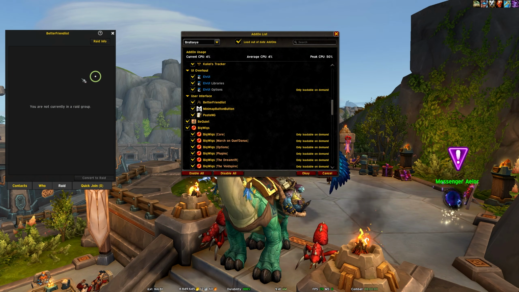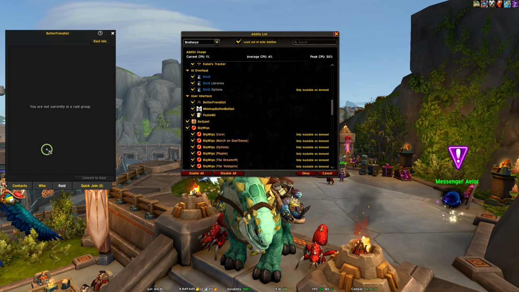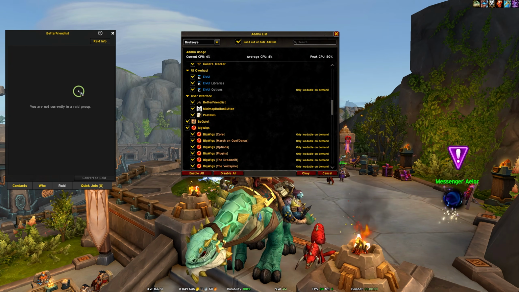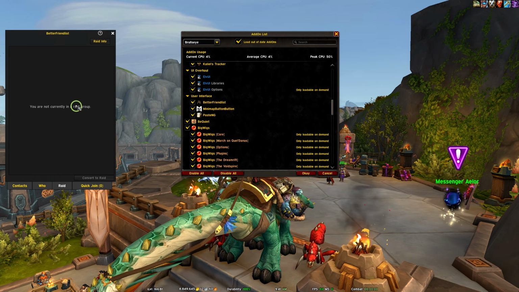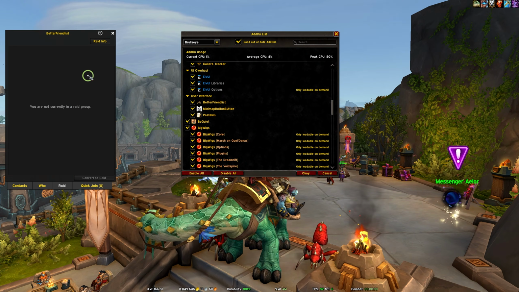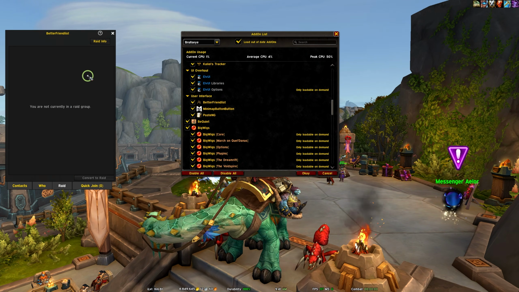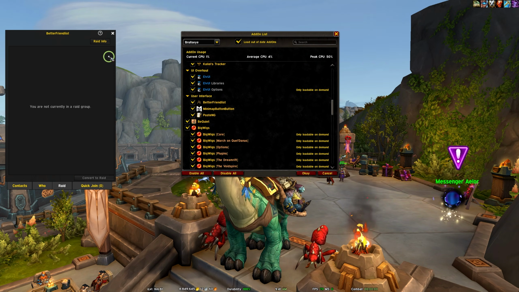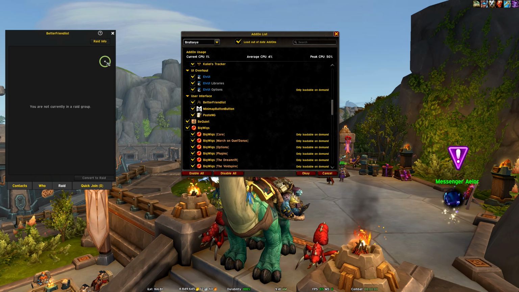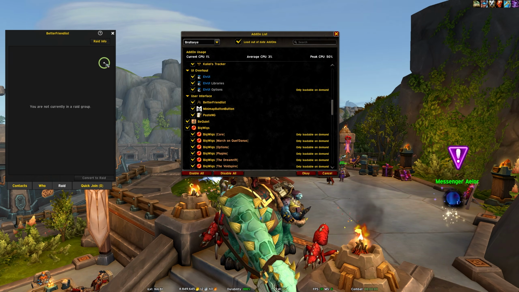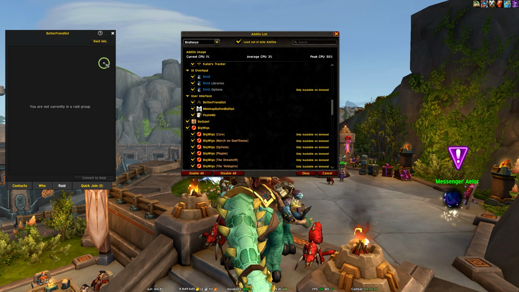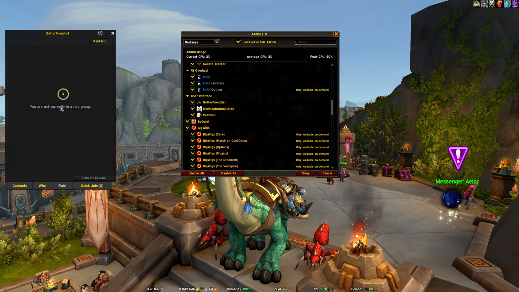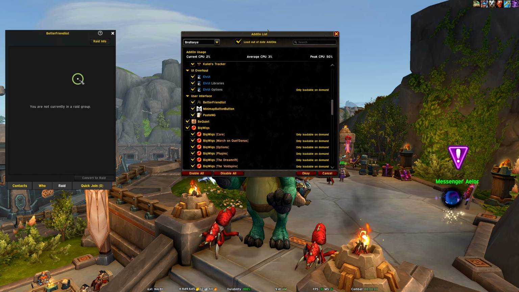But what I really like about it is when you're in a raid, it reskins your raid window. That way you can see, of course, class colors and names and different groups and whatnot, but it gives the role icon of anyone in your raid. It puts it on their bar, I think on the far right side of the bar at the moment. But that way you can see, hey, that priest is a healer at a glance. That warrior is a tank at a glance. Looks good. I love that feature. Highly recommend it if you want to organize your friends list and have a better raid window at a glance.